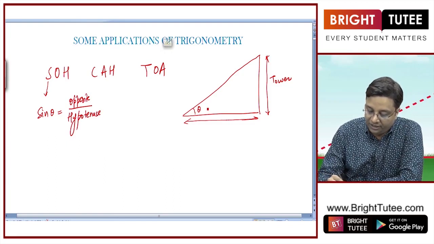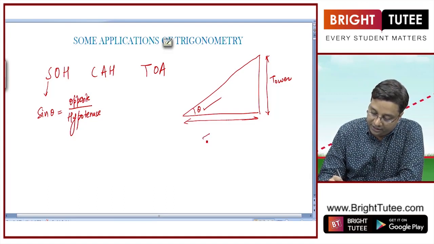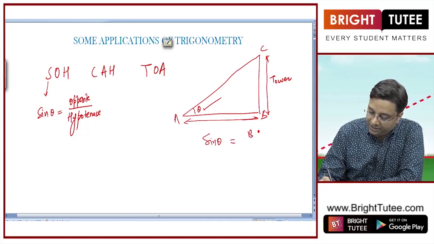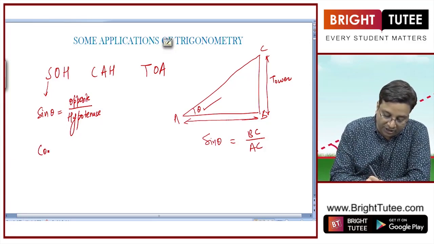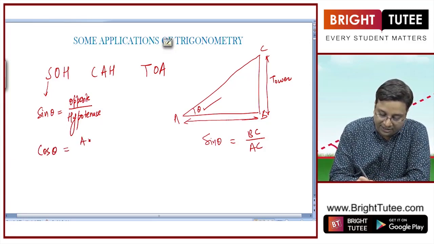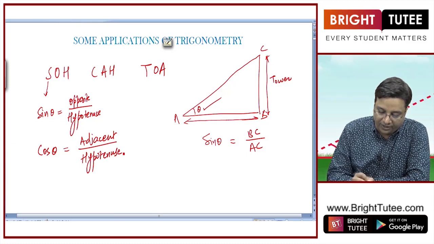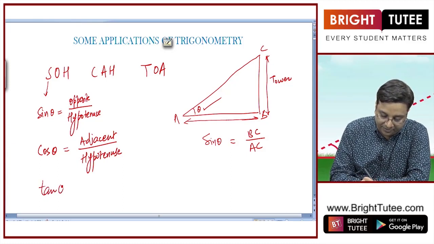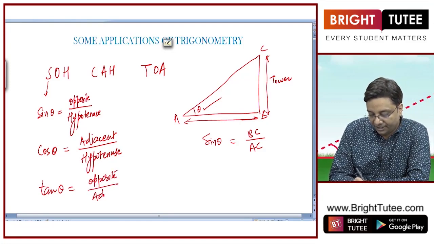For example, if this is the theta I am referring to, then sine of this theta will be equal to BC divided by AC, right? What is cos theta? Cos theta is adjacent side divided by hypotenuse, and tan theta is opposite by adjacent side,